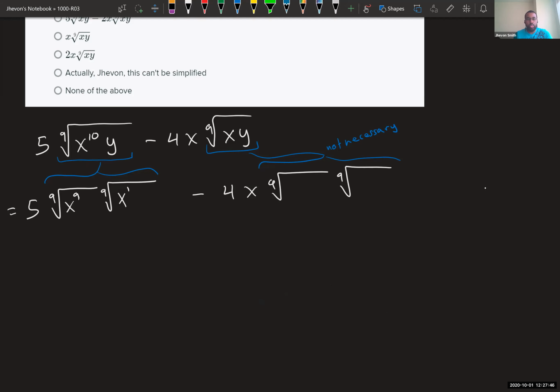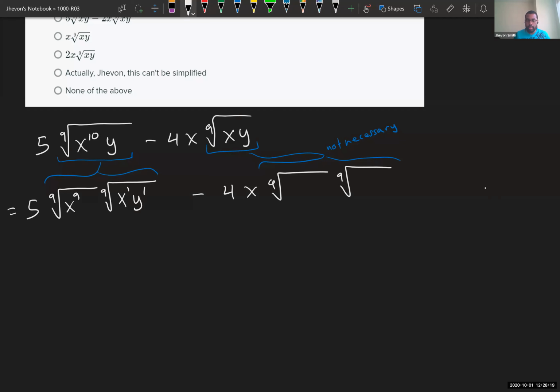It does, by the rule that we had before, right? The 9th root of x to the 9th is just x. So that actually simplifies, right? The radical actually divides into that power. So that's good. What about the y? I have y to the 1. Can I split that up in a way that simplifies and one that doesn't? Well, not really. I mean, it's just y to the 1, right? That's not going to simplify, right? Like I can't break off a positive number that's divisible by 9. It's just 1. So the x, I can split it,